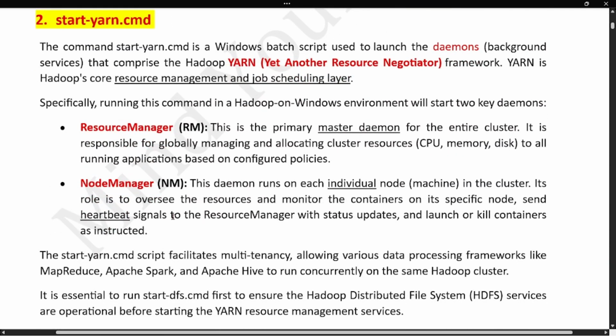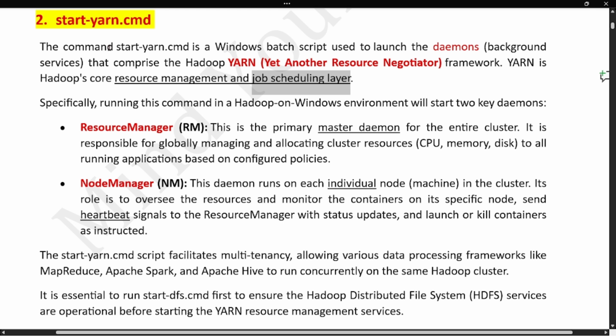Okay. Now let's go to our next command that we have to learn, which is the start yarn command. So start yarn basically starts the yet another resource negotiator or the yarn process. So yarn is basically the resource management tool for Hadoop. It manages all the resources that are present across the entire Hadoop cluster, and it is also responsible for scheduling various jobs and tasks, giving it to different computers, different nodes whenever necessary.